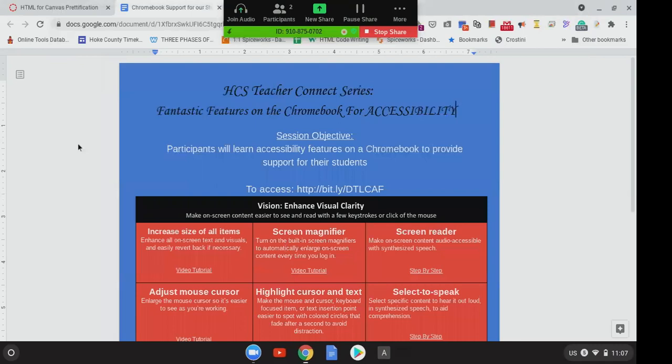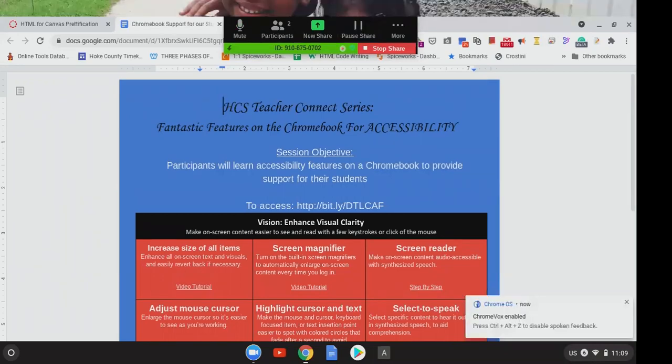So on your Chromebook, you have the ability to press 3 keys. And when you press these 3 keys, it's going to start reading what's actually on the page. The 3 keys that you're going to press to enable this feature are Control Alt Z. When you press Control Alt Z,